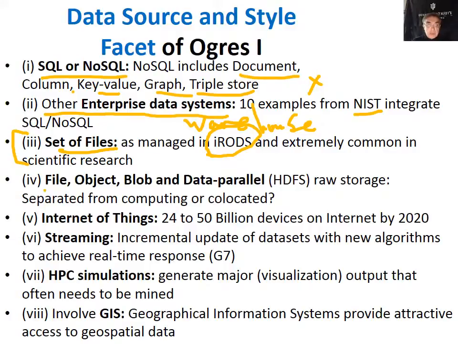Under files, we have, so as well as files, we have object stores, we have blobs, which are essentially object stores, and we also have the important data parallel storage model. In the data parallel storage model, you divide the data up into parts and place different parts of the data on each node, and typically those are the same nodes that do your computing. So data parallel storage satisfies the dream/goal of bringing the